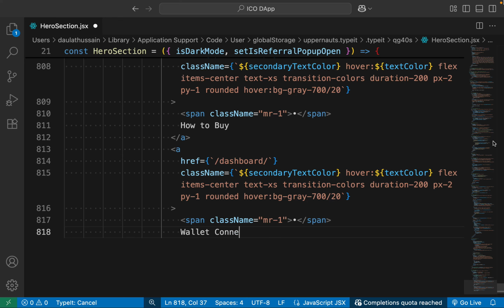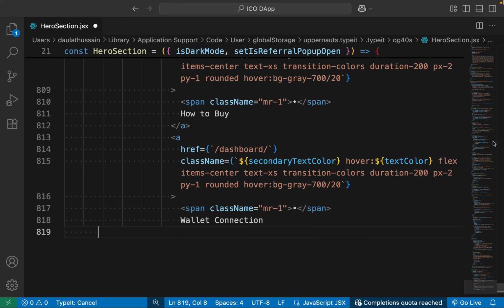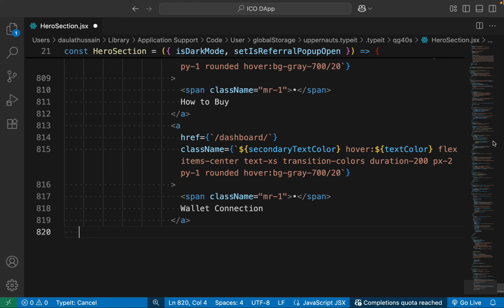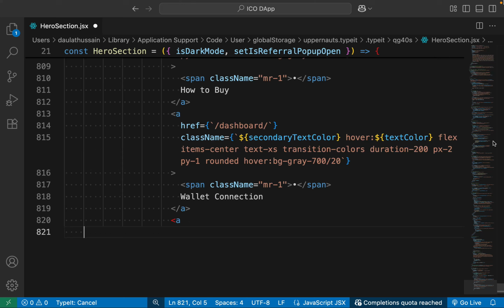Connect to wallet, and close this one. So this is the second link we have. Got it? Now let's take two more. Let me write it quickly. Same thing is going to be